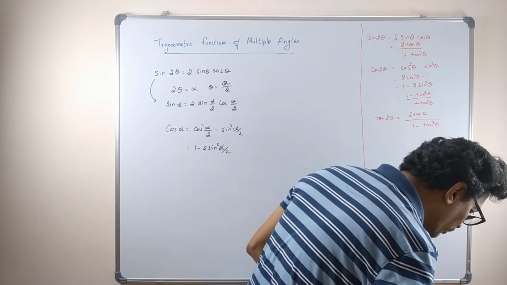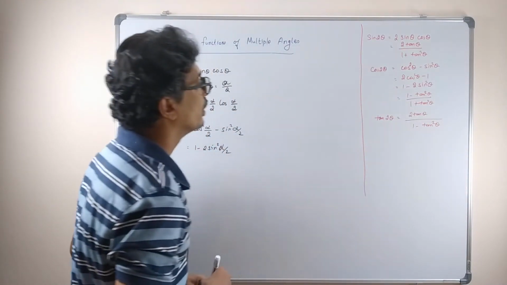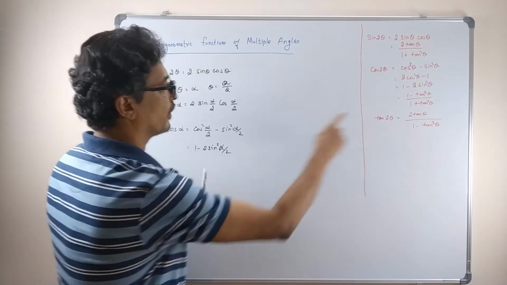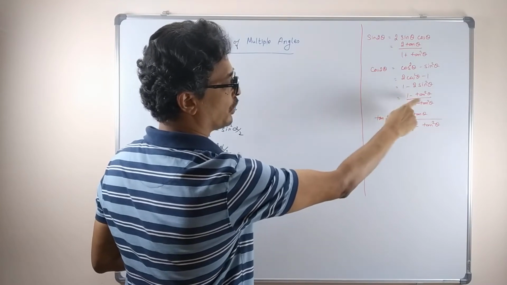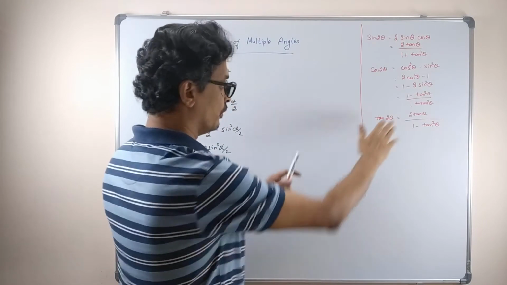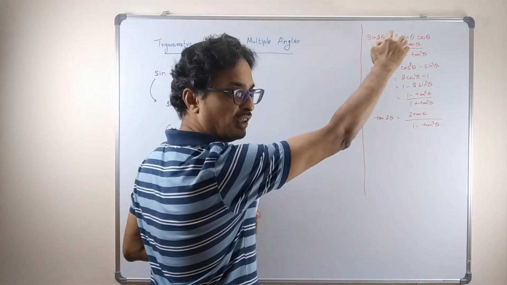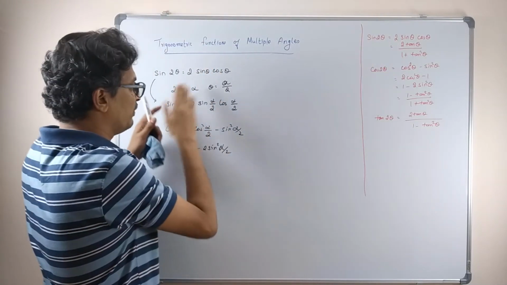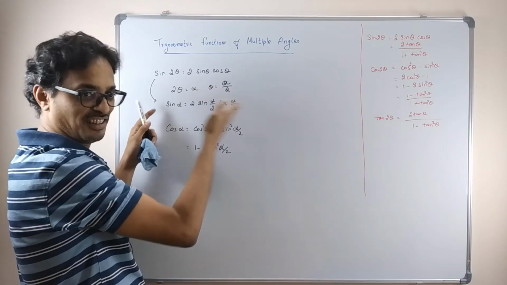Yeah, that's what you have to get out. And if in terms of tan, you get cos alpha equal to 1 minus tan square alpha by 2 divided by 1 plus tan square alpha by 2. For all the angles, once we get this multiple of 2, all we have to do is replace 2 theta with alpha. Then we get a relation for the half angle. You got it?